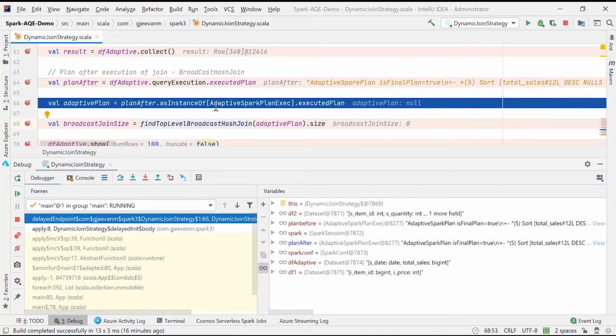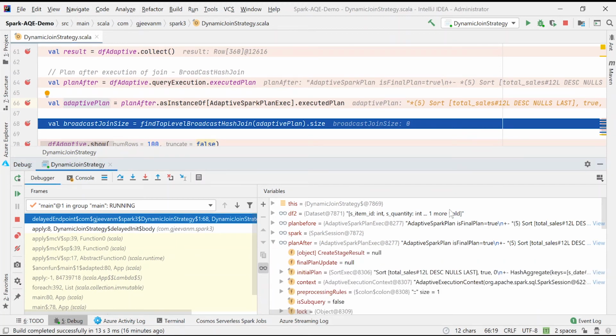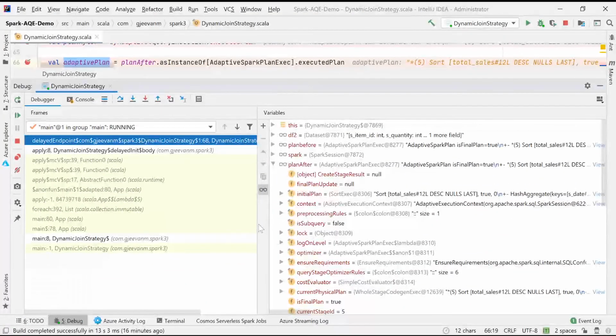Okay, so now my next statement is getting an instance of the adaptive plan. So let me run this. After this, I wanted to show something here. If I click on plan after, there are a couple of interesting things here.